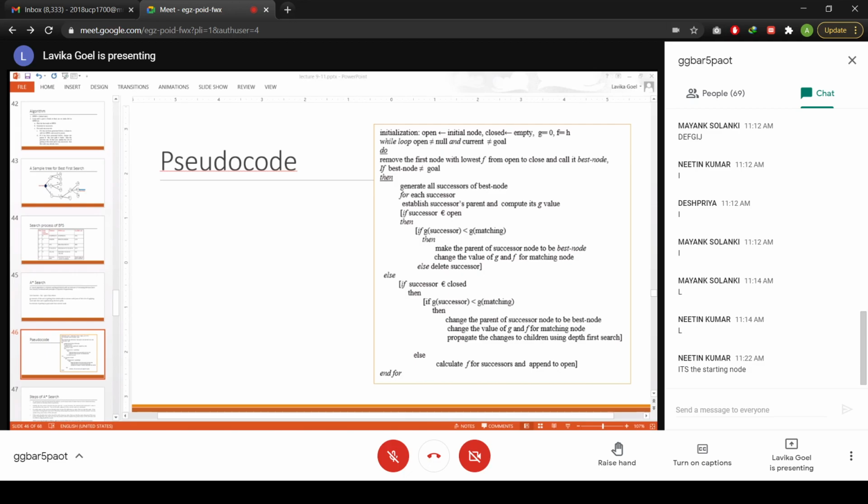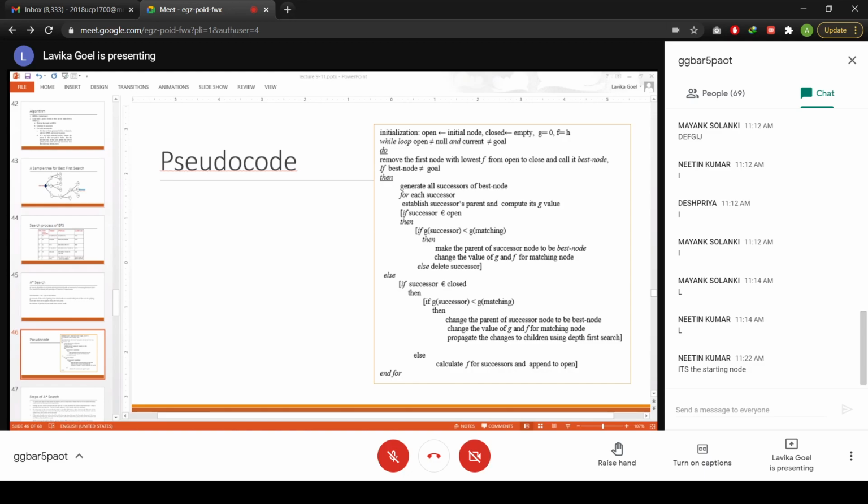So basically you will update using depth first search. Suppose B has got two children C and D, and then C has got another child E, like this. So you will use depth first search to update the cost of children of B. You will first of all update the cost of C, then you will update the cost of C's child, then you will update the cost of the next branch, that means D, and so on.